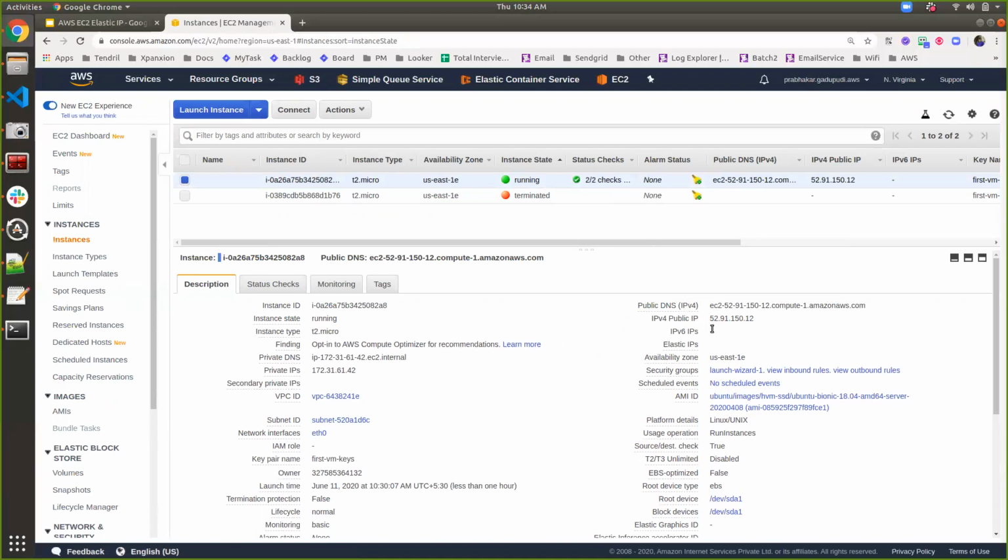This is how we can play with Elastic IP addresses, but keep in mind, as soon as your Elastic IP is assigned to any EC2 instance, it will not charge anything. And in case your Elastic IP address is idle, or if it is assigned to an EC2 instance that is not running, then it will add some additional cost for your Elastic IP address reservation.